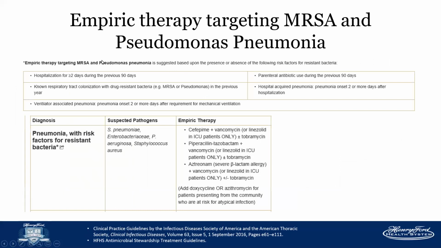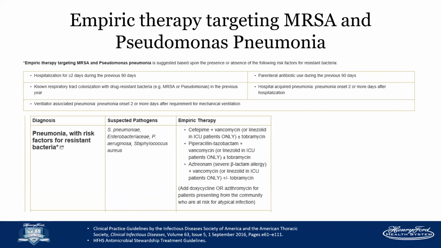So I just want to touch base quickly about empiric therapy when targeting MRSA and Pseudomonas pneumonia. Before we routinely start putting everyone on vanc, Zosyn, or vanc, cefepime, for a patient where we suspect hospital-acquired pneumonia, and that this patient is at risk for Pseudomonas or MRSA pneumonia, we should look and see, do they have the risk factors for resistant bacteria? The risk factors would be hospitalization for 48 hours during the previous 90 days, a known respiratory tract colonization with MRSA or Pseudomonas previously, if you look back at previous respiratory